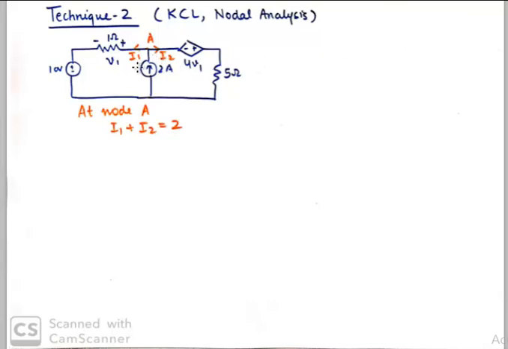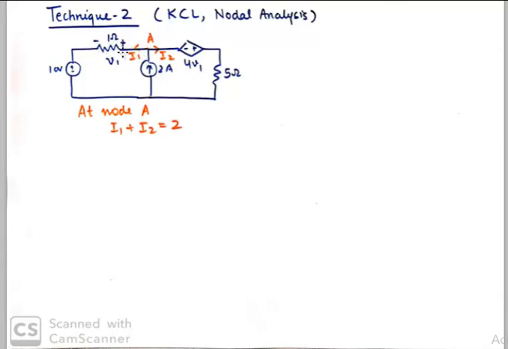So I've taken up the network again with this node labeled as A. At this node, 2 ampere current is entering and I1 and I2 are leaving. The reason I've taken I1 to be moving out of this node is that we have a plus and a minus